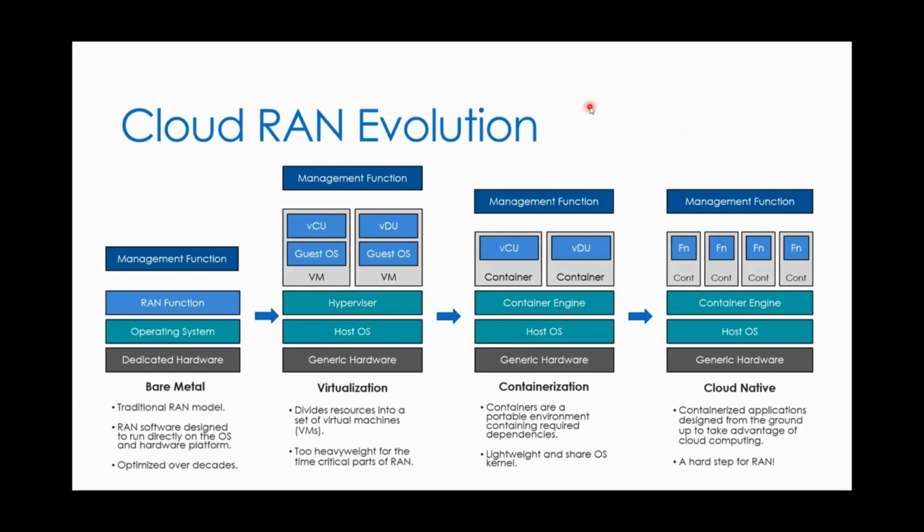So a bit of the overall evolution that is going on. Originally, RAN was very much purpose-built, tightly integrated, and sometimes you hear the term bare metal, meaning sort of running directly integrated into the hardware. And that's the traditional model, and it's been optimized over decades to handle and efficiently process the wireless algorithms and so on. So that's been the model that's been around a long time.